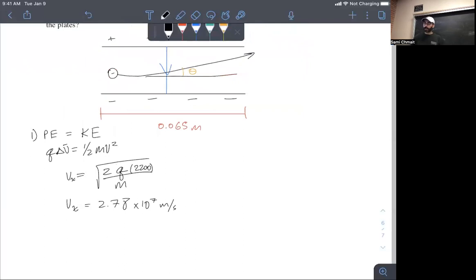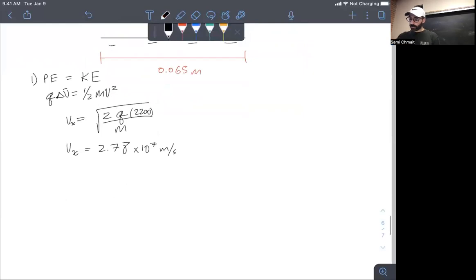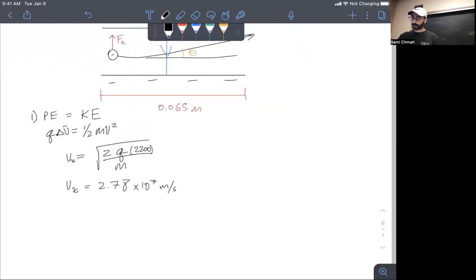Looking at the system, we can see that there's a force. There has to be a force, otherwise the particle would continue in a straight line. That is an electric force pointing straight upwards as it is attracted to that positive side there. Because there's no forces in the x direction, that means there's no acceleration in the x direction. By definition of no acceleration in the x direction, the initial velocity upon entering this parallel plate, so I can